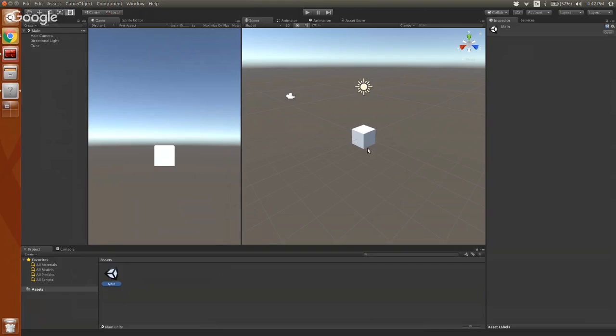So I'm going to show again how I did that, which was, like I said, you have this hierarchy view. Hierarchy view is where everything in your scene lives. Down here in your asset pane under project, that's where all of your assets live. So the difference is that if you have an image of a cat, if that is something that shows up in your game, that'll be down here in the assets pane. But if you have that image of a cat put onto the ground or on the side of this cube, for example, it'll be in the hierarchy as part of the cube.